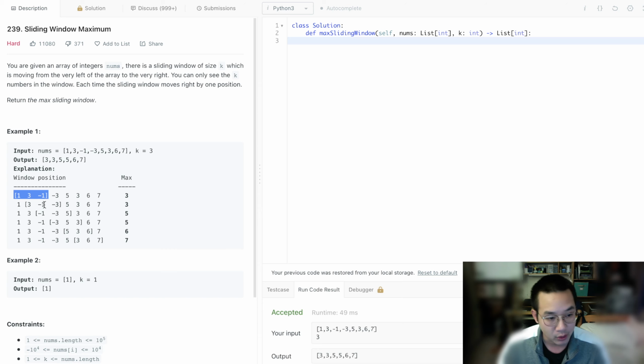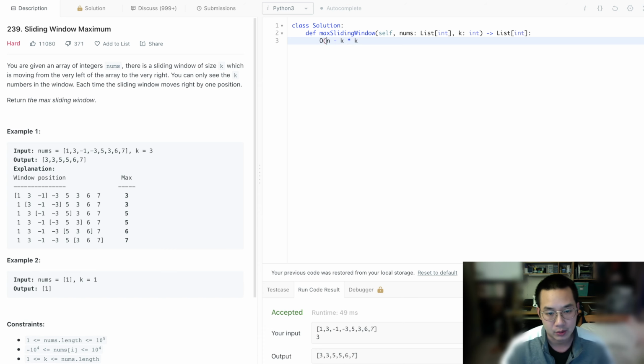And then we shift the window over, and we find 3 again. So we have a maximum of 3, and 5, and 5, and then 6, and then 7. Of course, as you can see, the runtime for this operation immediately is O of n for numbers in the numbers array, and we need to check the size of the window, so times k. So it's O of n times k. Of course, it's O of n minus k, but who's talking here? So,